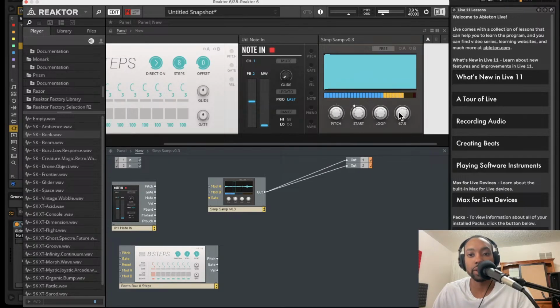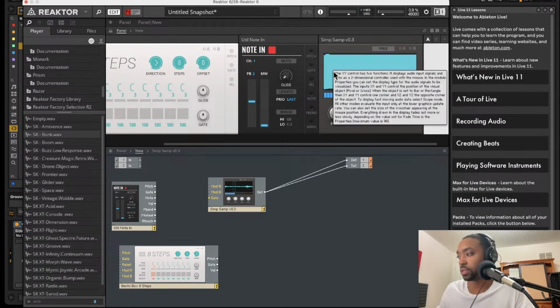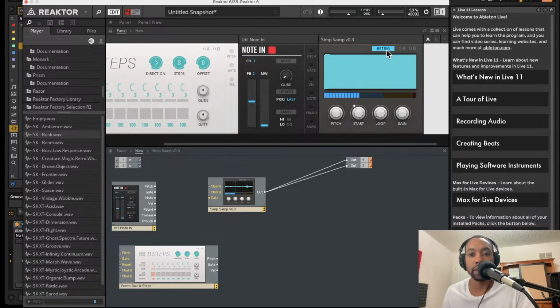Okay, our pitch is working. Turn it down a little bit, it's a bit too loud. Okay, there we go. So let me just see if I can retrigger it, so every time I hit a key. Oh, we just need to connect a gate connection. See if this one works. Should it work? Oh no, we need